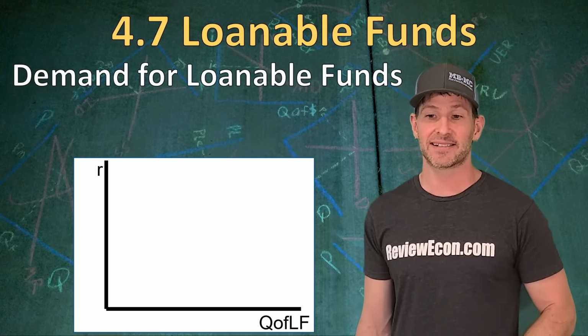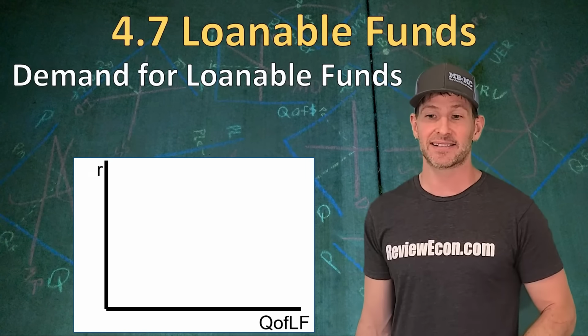The supply curve in the loanable funds market is often called the savings supply. It is the money that is saved by households and it's available for loans. We see an upward sloping savings supply curve in the loanable funds market, and that's because there is a direct relationship between the real interest rate and the quantity of loanable funds that will be supplied by households. So when real interest rates rise, the quantity of loanable funds available will also rise.